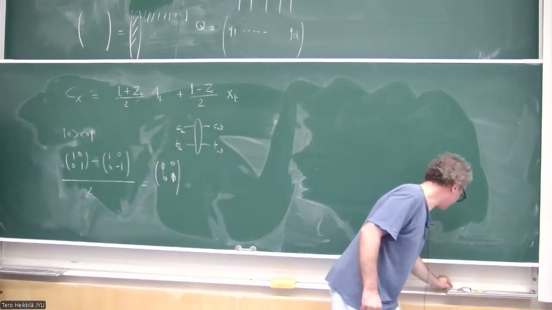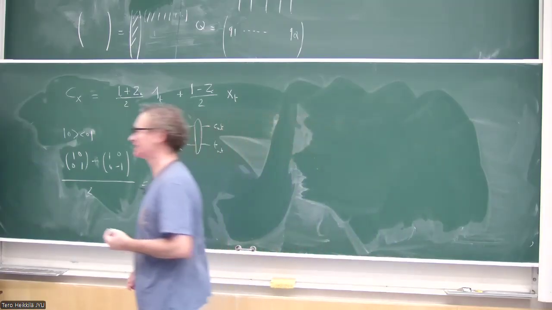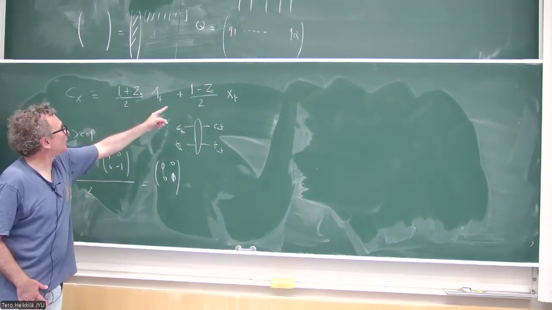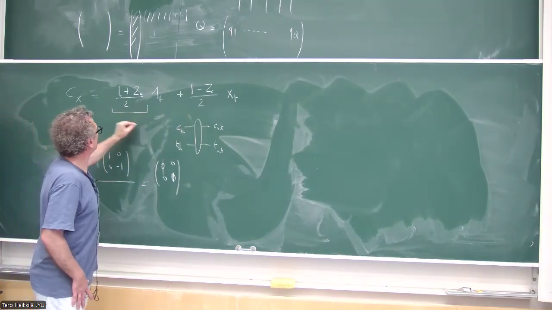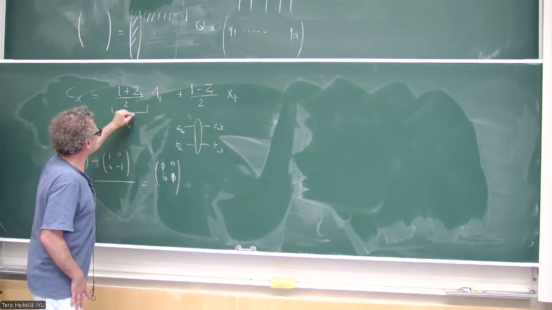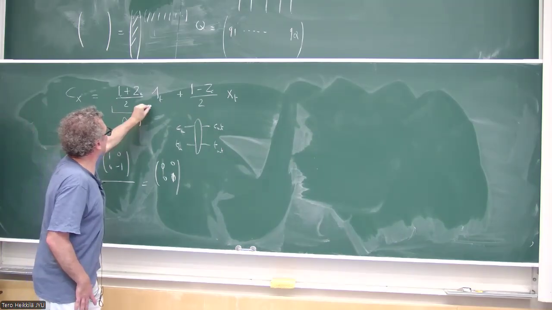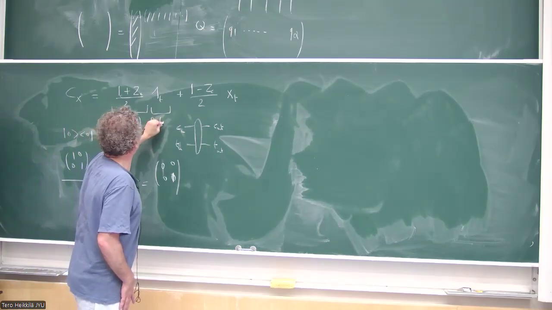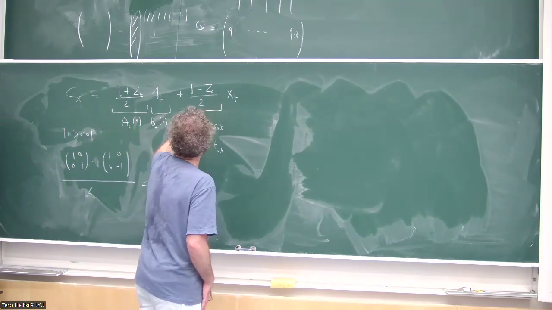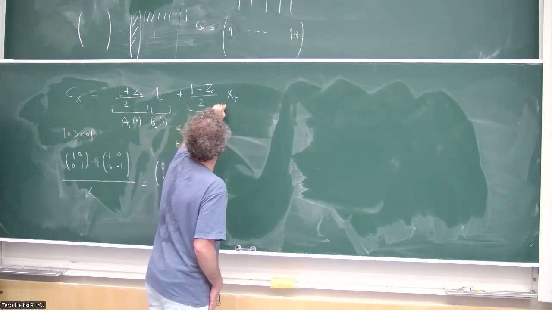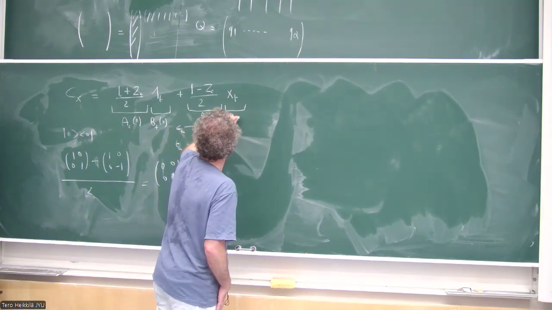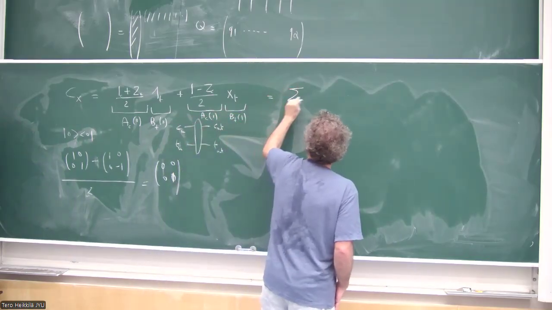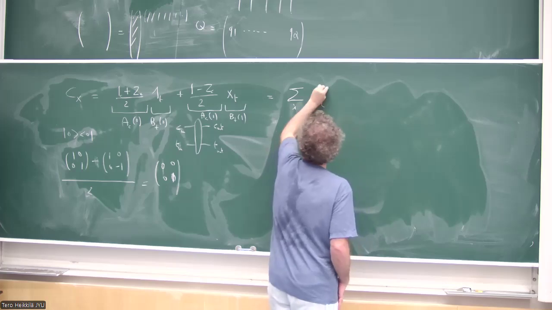I can write that if I call this AC 0, B target 0, AC 1, B target 1. This is the sum over i of AC i, B target i,